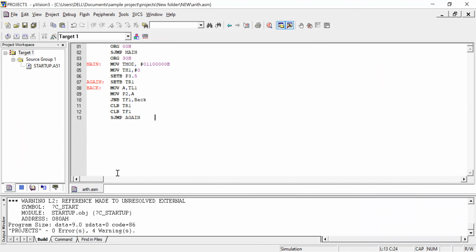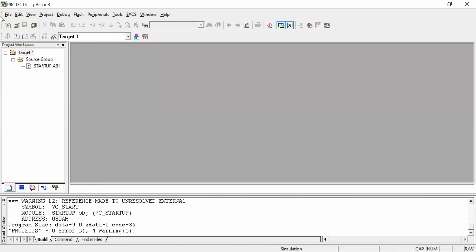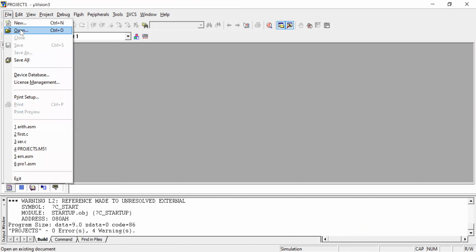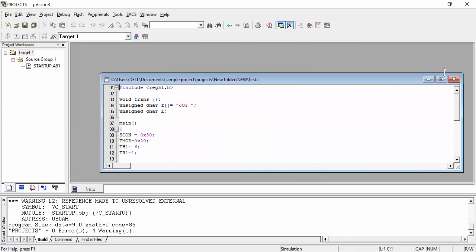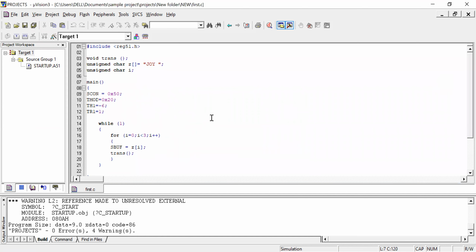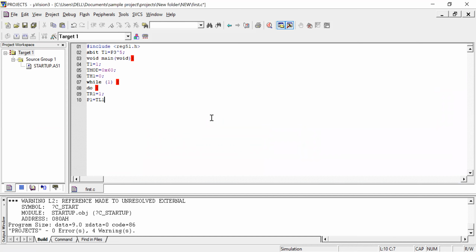Yes, the file is removed. Close everything. Now File, Open, and I will open first.c. This is my C file where I will write my application code for the counter.